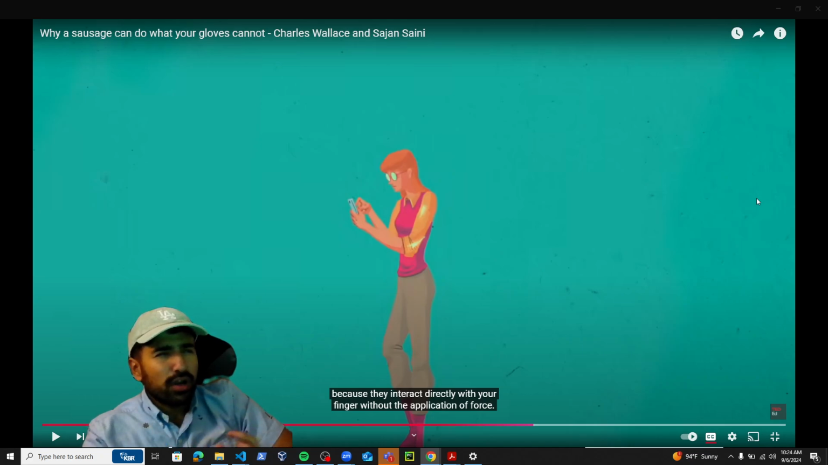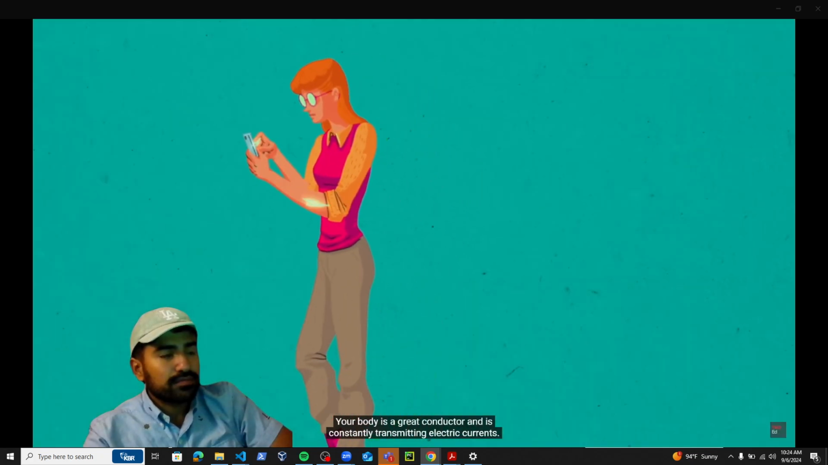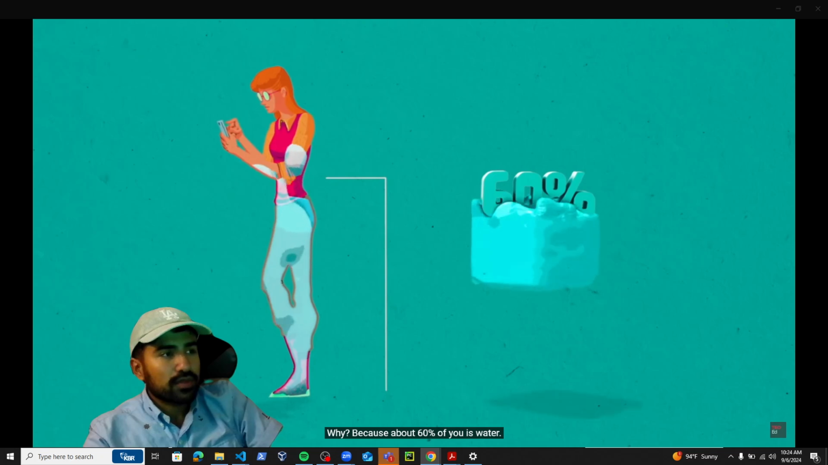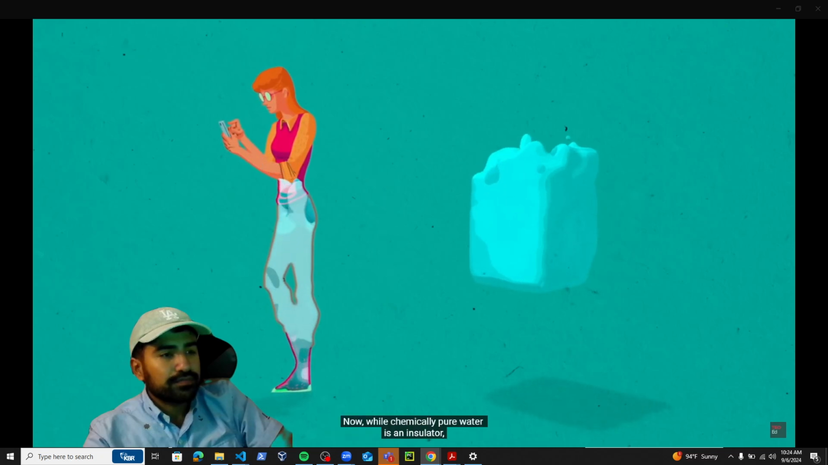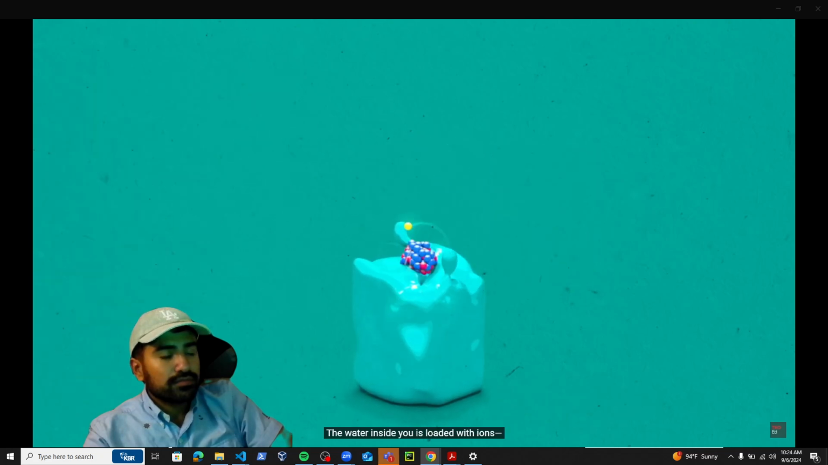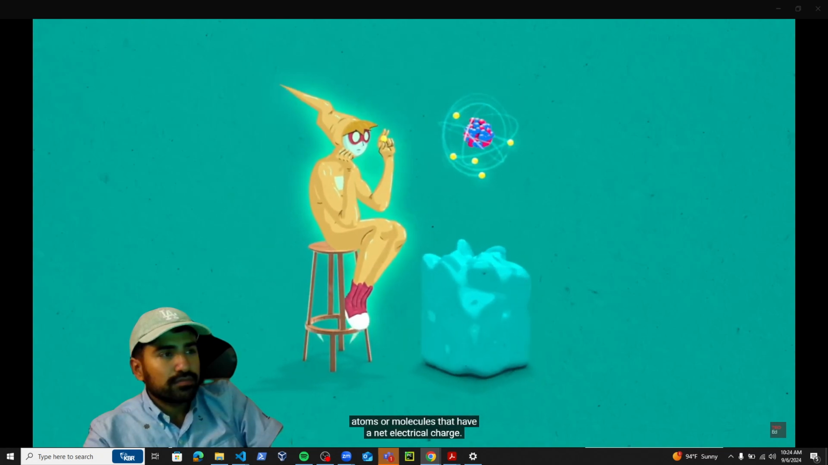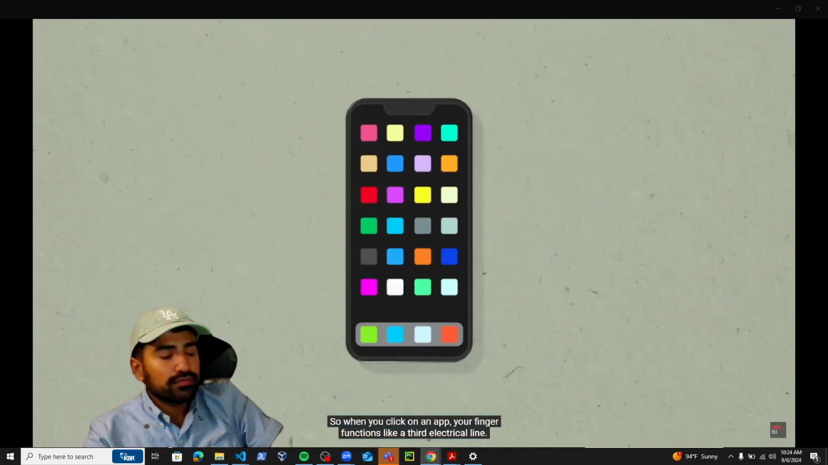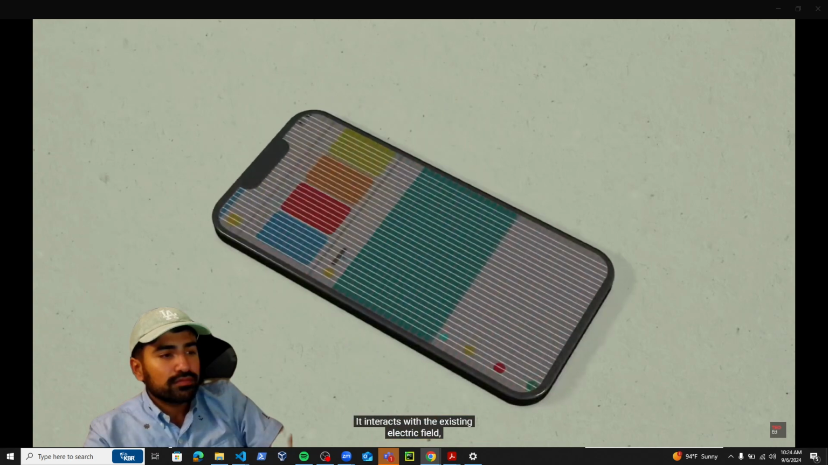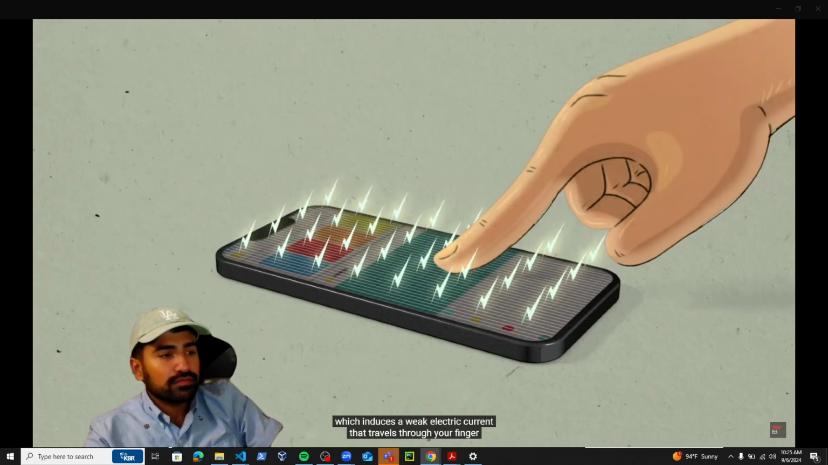Now, where is that charge coming from? Your body is a great conductor and is constantly transmitting electric currents. Why? Because about 60% of you is water. Now, while chemically pure water is an insulator, most water is impure. The water inside you is loaded with ions, atoms or molecules that have a net electrical charge. So when you click on an app, your finger functions like a third electrical line. It interacts with the existing electric field, which induces a weak electric current that travels through your finger and eventually